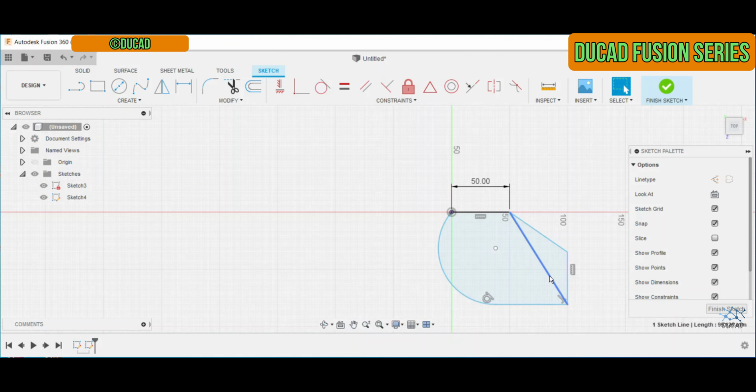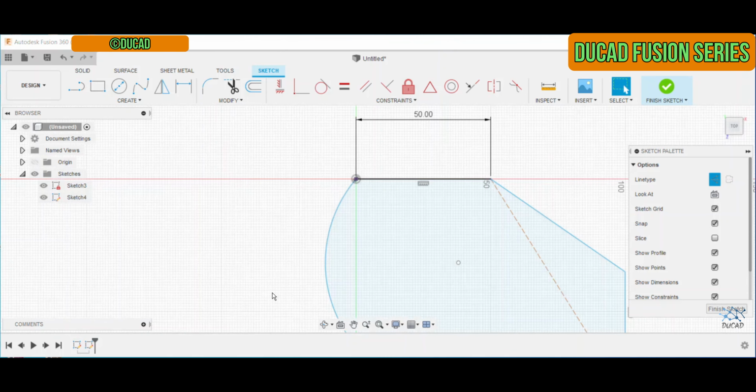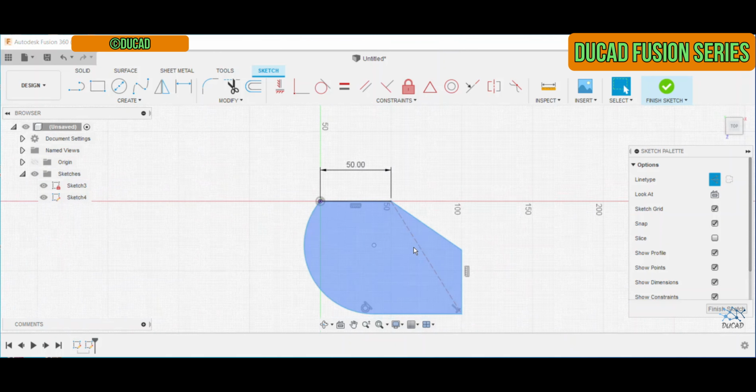So you can select this line and click on the construction or type X to convert this line into a construction line. A construction line is a dashed line like this,